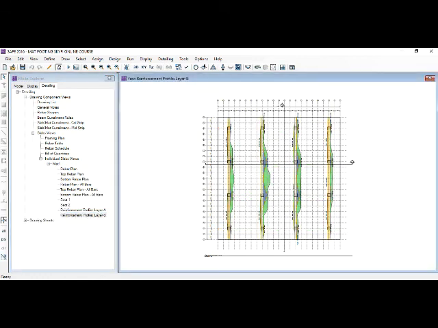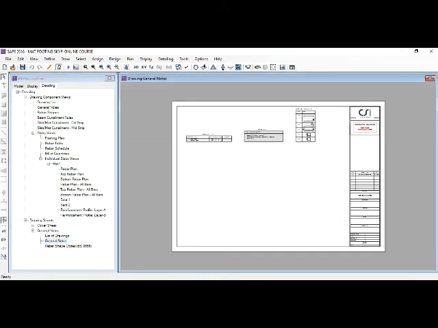And likewise, you can complete the entire project of designing a mat foundation for a particular footing, or you can design an isolated footing. So this completes the entire project of mat foundation for the 23-storied building, and which will be a part of Skyfi online course. And this completes the entire project of mat foundation. Thank you.